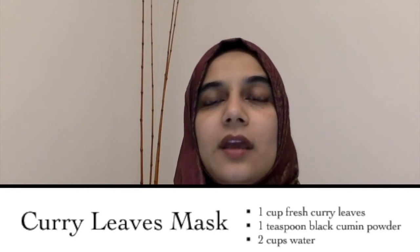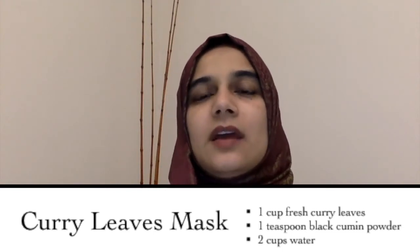You want the consistency of a dye or a conditioner, hair conditioner. It will have a veiny, almost grainy feel to it. So make sure that you strain it in a milk bag if that's bothering you, or you can just apply it as is. Add a teaspoon of black cumin powder to this mixture and mix well. Apply it to your hair from roots to tips. Then you cover your hair for approximately 30 minutes with a shower cap or a plastic wrap and wash with